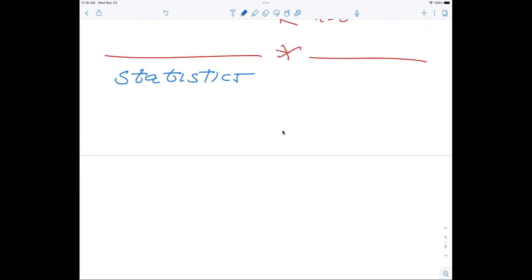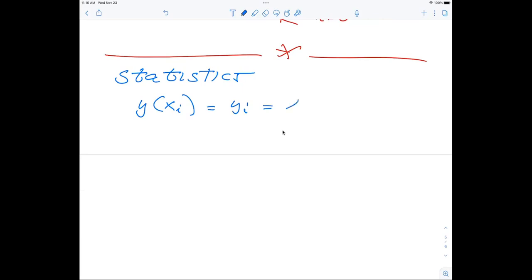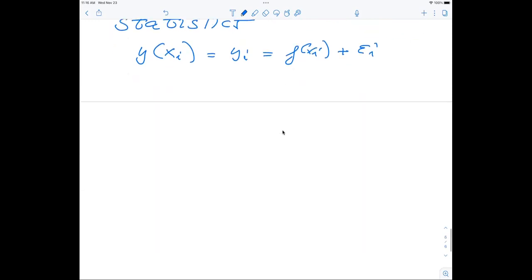So one of the things which we mentioned, we are going to calculate the expectation values. And we have assumed that our y, so let's just start with one example, y of x_i, which we wrote as y_i, is now given as this function f(x_i) plus this epsilon_i. So if I calculate the expectation value of y_i, this is going to be the expectation value of this function f(x_i), and we don't know that function actually, but we are making a model for it. And then we have the expectation value of this quantity epsilon_i,